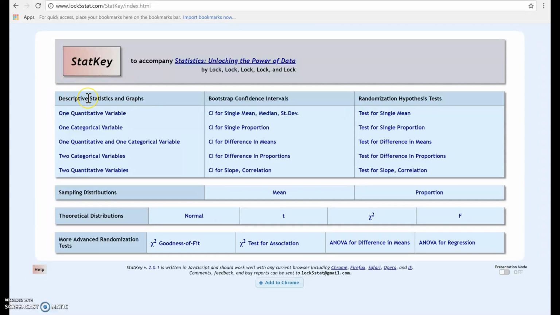Descriptive statistics is the same thing as the numerical summaries that we've been looking at. And you'll notice underneath here we have quite a few options. So we already looked at ways to summarize categorical variables, and many of those ways you can actually use StatKey to create the plots or calculate those proportions for you by clicking on the one categorical. But we're going to create a dot plot in this video, which is for a single quantitative variable. So if we click here,